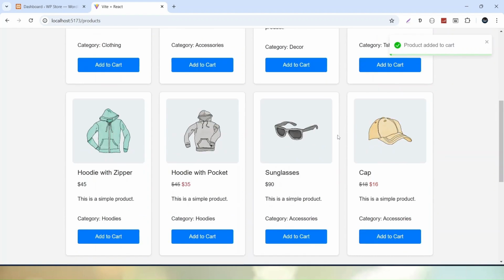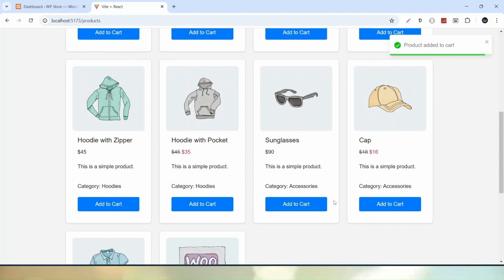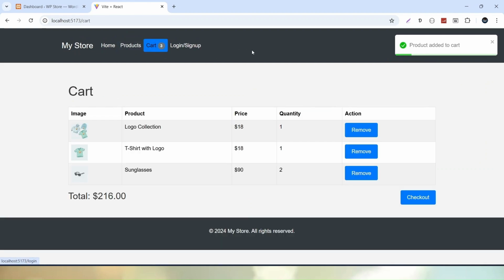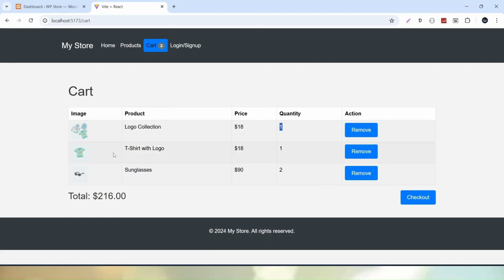Scroll down. I want to add these sunglasses. Let's say I want to purchase two quantity. Click on this add to cart. Added. Click one more time, and again I have added. So if I go into my cart, now we can see that inside this cart we have this product which has a quantity of 1. This product, its quantity 1, but these sunglasses have a quantity of 2,